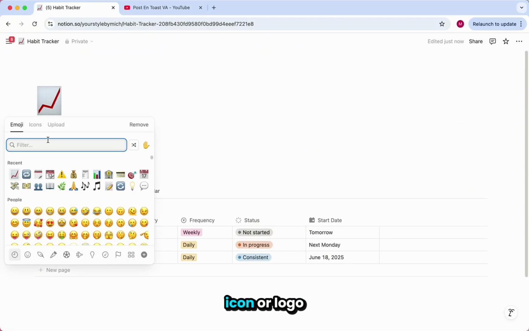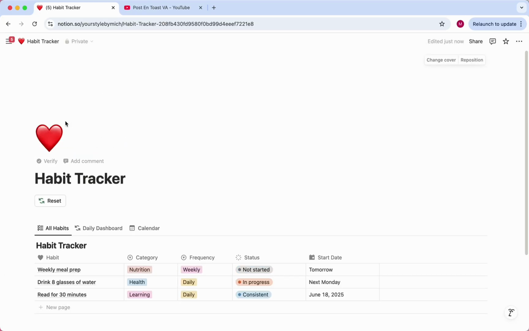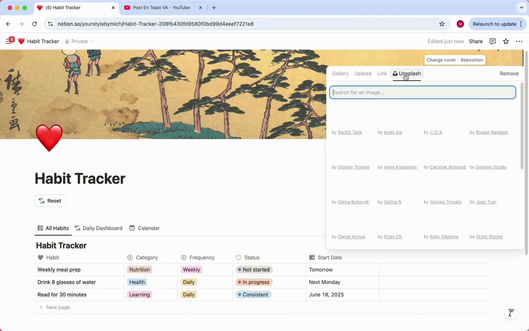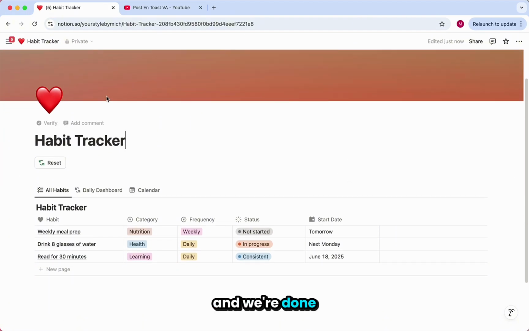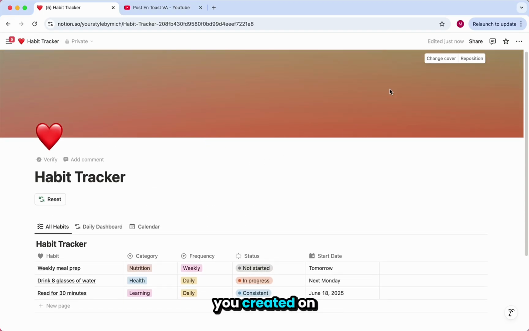Let's add an icon or logo to our habit tracker. Now for the cover, you can select from here or upload your own. And we're done. Now, if you want to sell your Notion habit tracker template or any template you created on Notion,